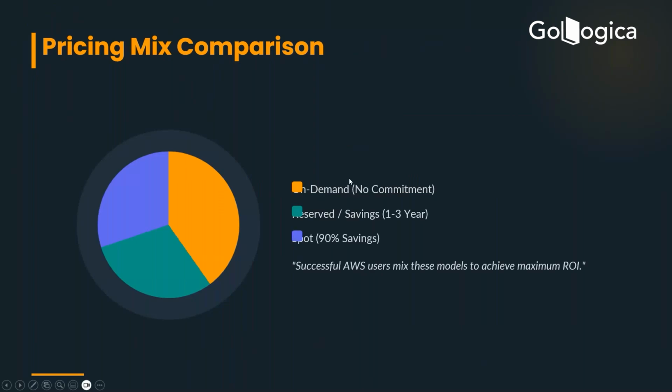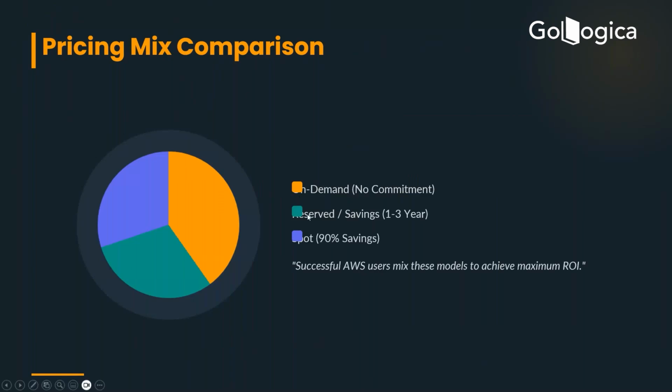Number one, on demand. Here you don't have to have any commitment. There is no commitment for use. So when we are creating instances in our free tier accounts, we are actually creating on demand instances. On demand are ones that you can create and get rid of anytime you want. You pay only for what you use. Pay as you go. Very good, so that is where you have pay as you go.